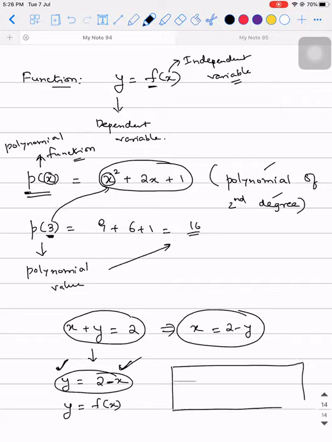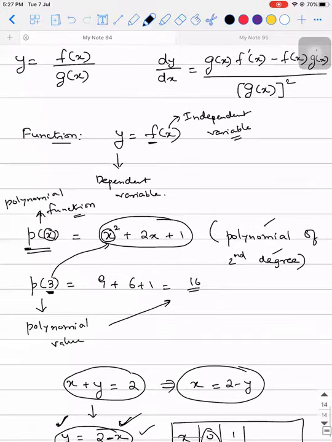That's what you did last year. You took a tabular column, x value, y value. You substitute whatever value you want. You substitute 0 and the y value comes out to be 2. You substitute 1 and so on, so you get certain coordinates. If you are able to write an expression like this by separating the dependent and the independent variables, the expression on the right-hand side in terms of the independent variable is what is called the function. Each function will be given a name depending on its nature.